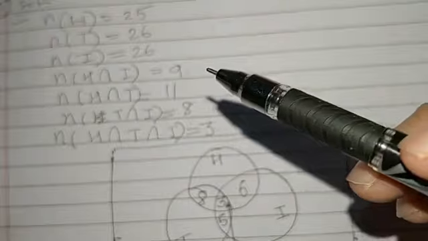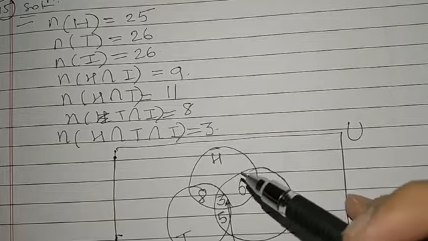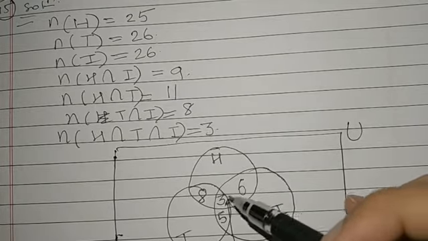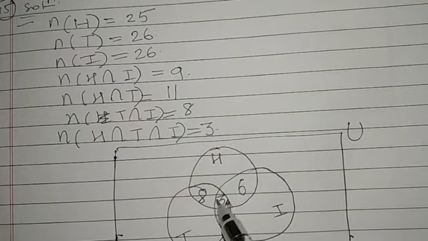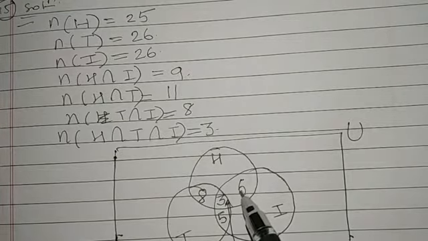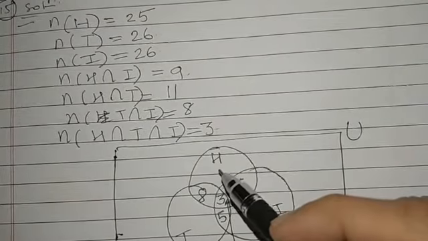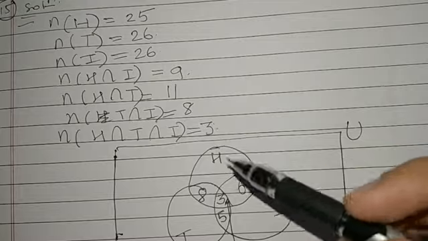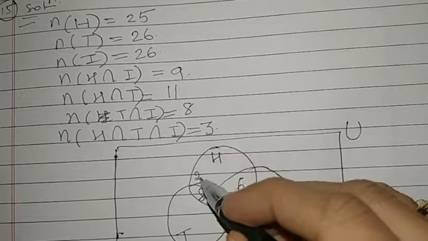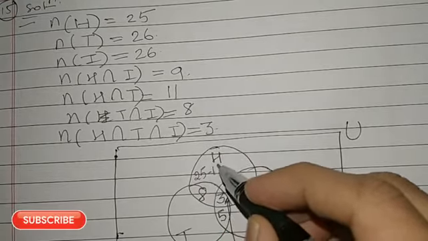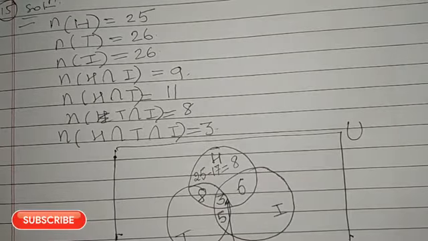That is the single set, okay. Now, what will you get? 25 people are there altogether, and how many are already taken? Already taken people of the set H are 8 plus 3 plus 6, so that is 11 plus 6, which is 17. 17 people have been already taken from 25, so here you have to write the number by subtracting 17 from 25. So you are doing 25 minus 17, which is nothing but 8.